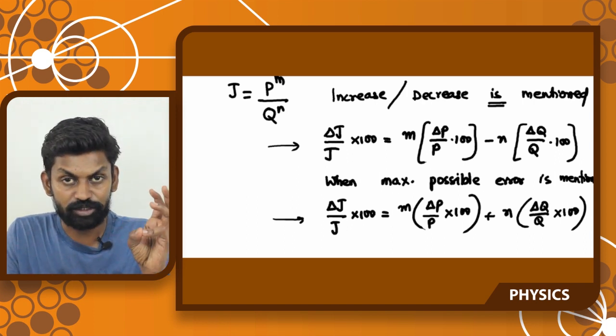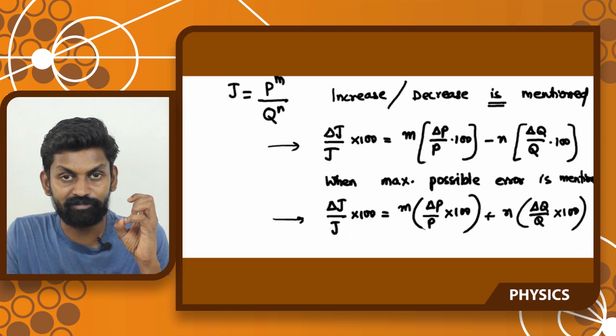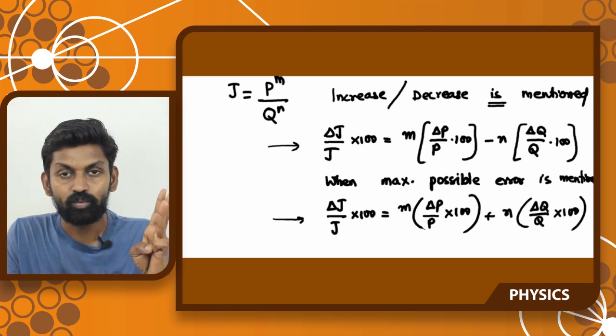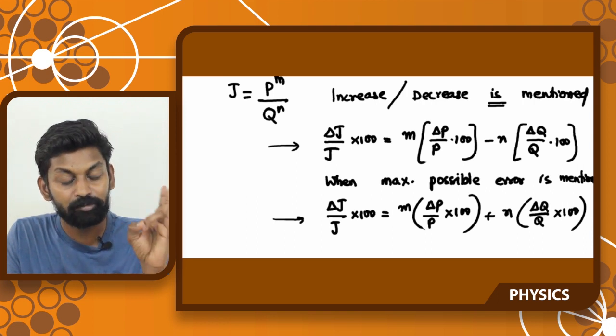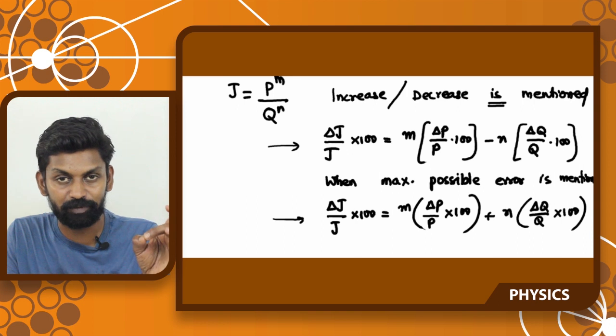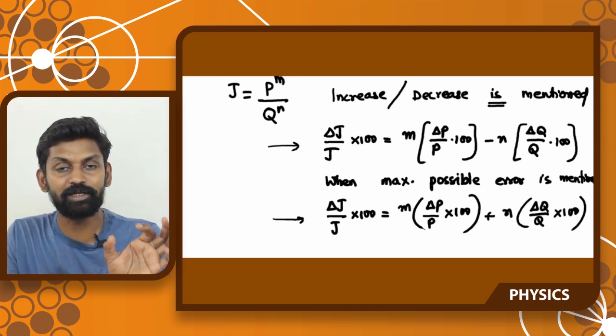So, we have seen addition. What is the maximum possible error when we are adding two physical quantities? It will be delta A plus delta B. What is the maximum possible error when we are subtracting? Then also it is delta A plus delta B. When we are multiplying, the relative errors get added. When the two terms are multiplying but with exponents,